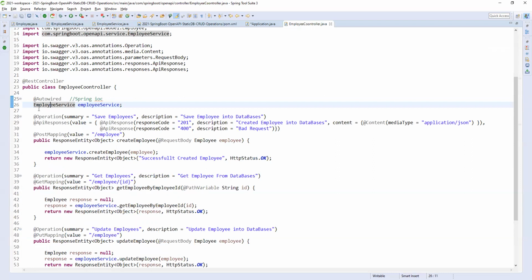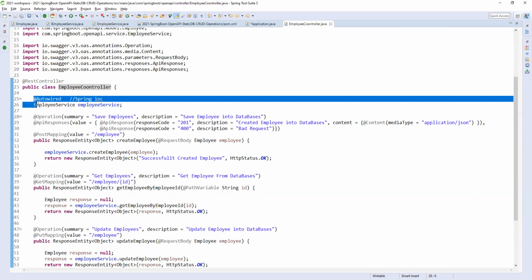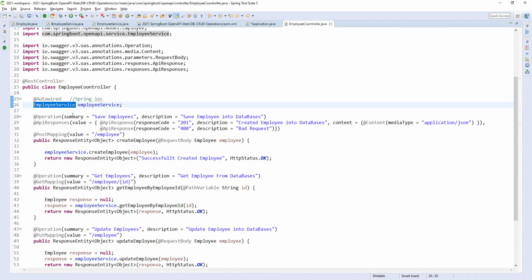I injected it means I just used Autowired here. So Autowired of employee service is nothing but the dependency we have from the controller class, and we are doing dependency injection. We are depending on the service and we injected it here, so that is the reason it is called dependency injection. Again, that is the concept of Spring IOC. Why are we calling it IOC? We could directly call it Spring dependency injection, right? So why did people name it Spring IOC?